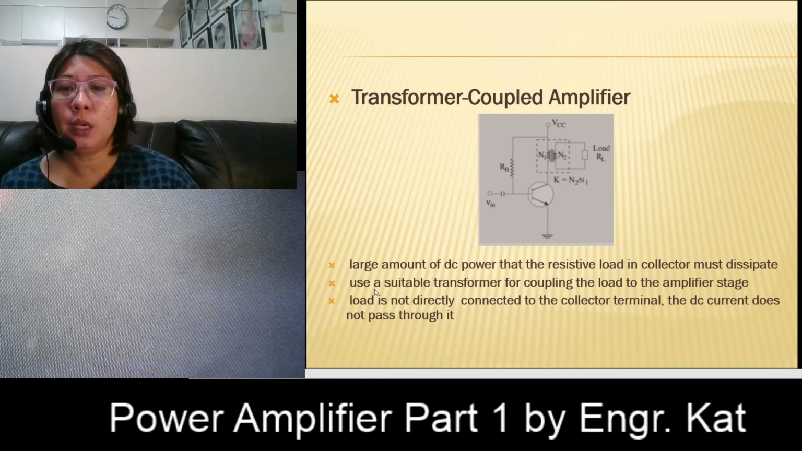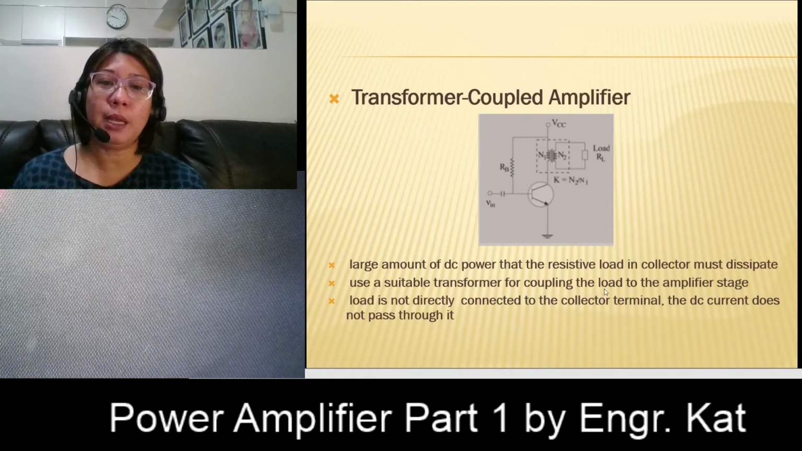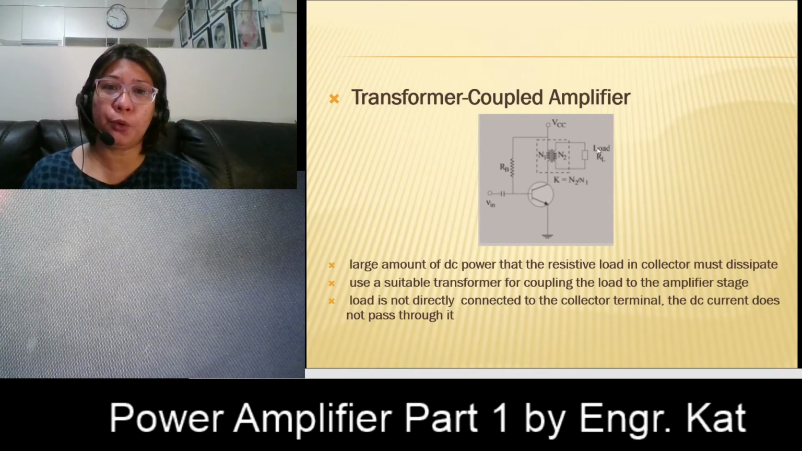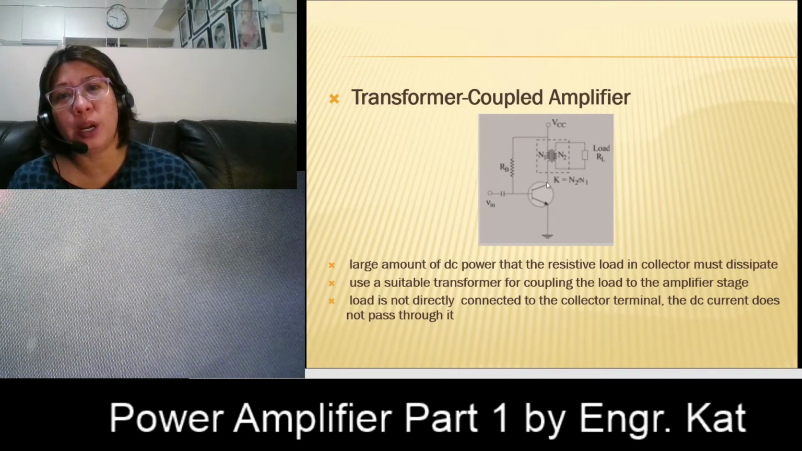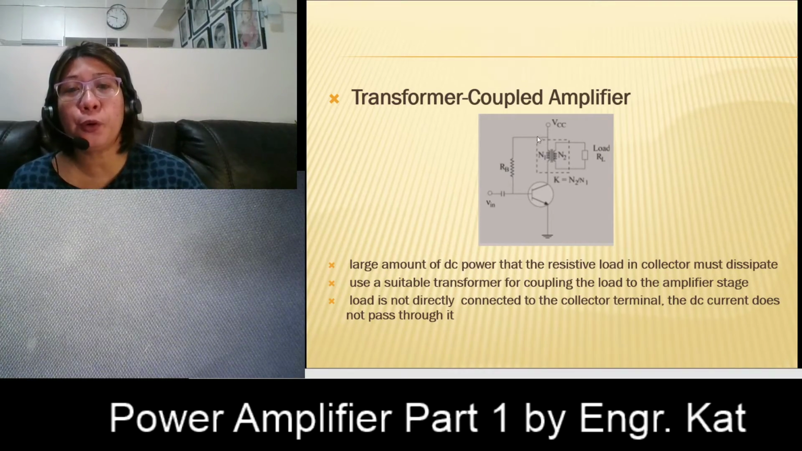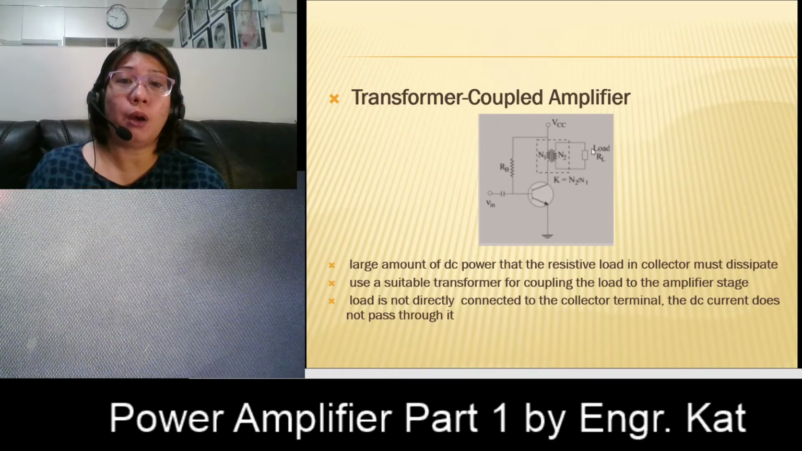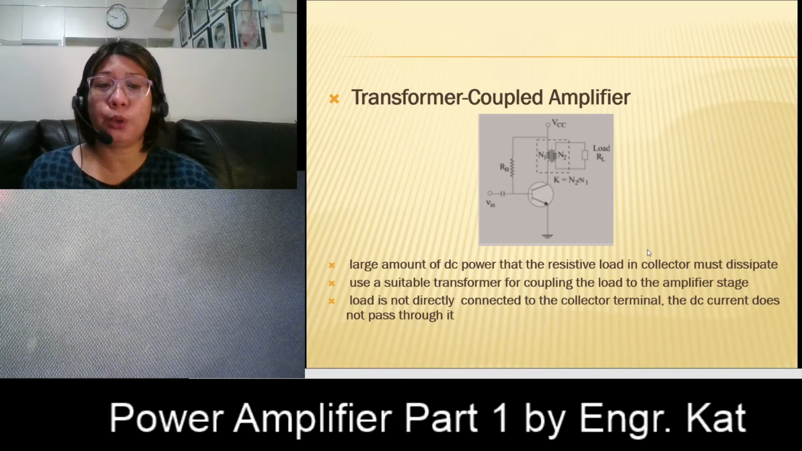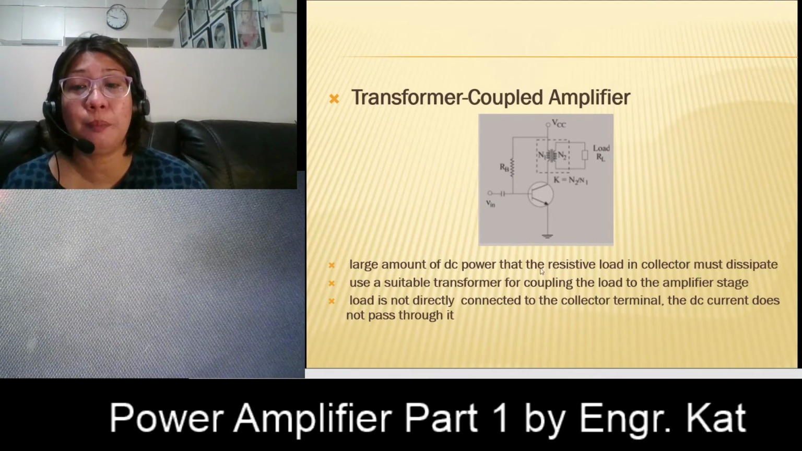So this is used. Okay, so we use a suitable transformer for coupling the load to the amplifier stage. As you can see from the figure, your load resistance is not directly connected to your transistor. Therefore your current IC here will not directly flow across your load resistance. Okay, so the load is not directly connected to the collector terminal, and the DC current therefore does not pass through